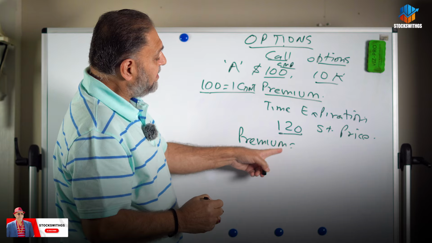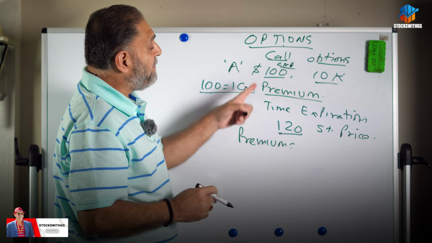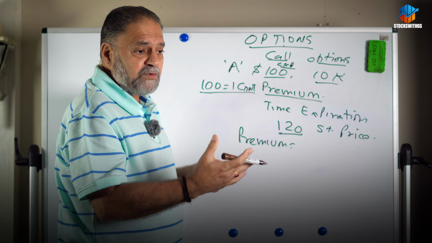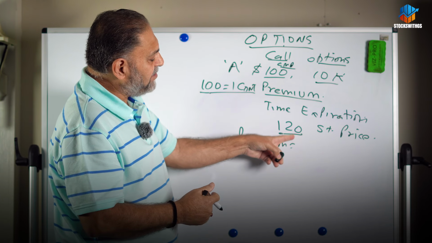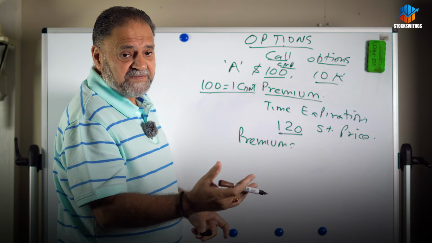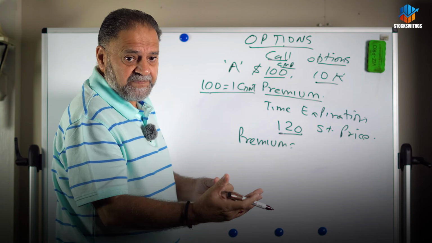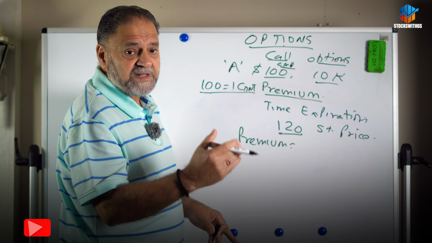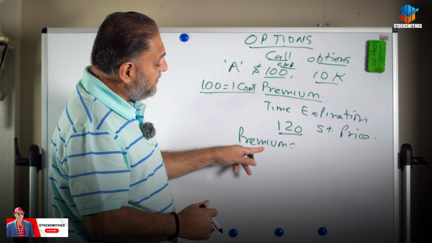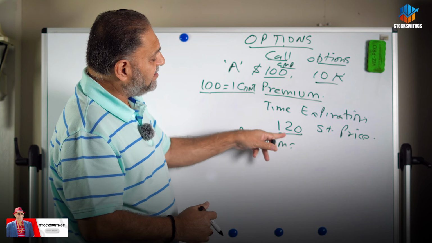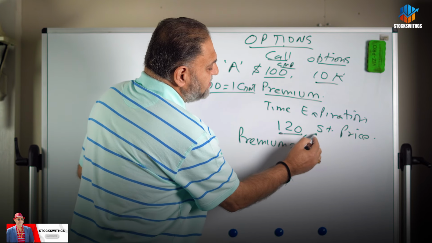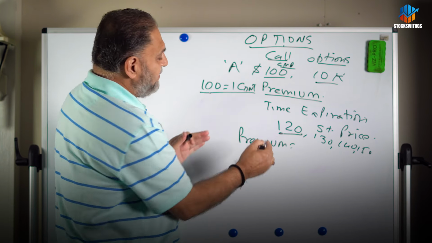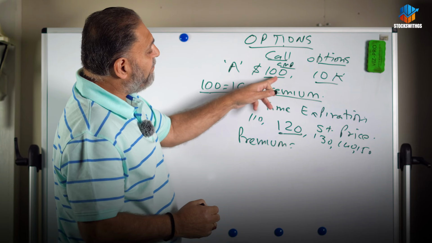Premium is the call option premium, which they pay you, as the buyer of the call option, to get into a contract with you that they will buy your stock for 120 before a specific time. So that is called the expiration time. That can be 1 month, 2 months, 6 months, 1 year. And this premium depends on time and on the strike price. This price can be 120, this can be 130, 140, 150, any price over this